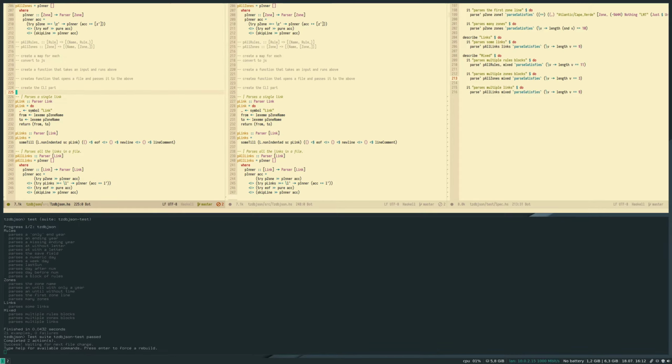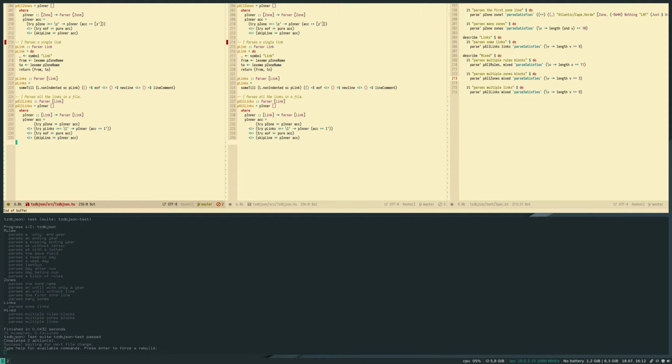Okay, then we had this here. So let's see the next steps. So we have rules, build zones, and now we have p all links, which is an array of link, which in this pseudo syntax we can convert to an array of name.